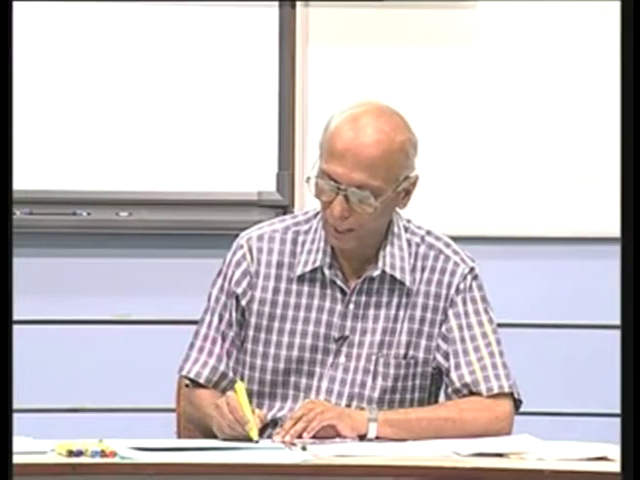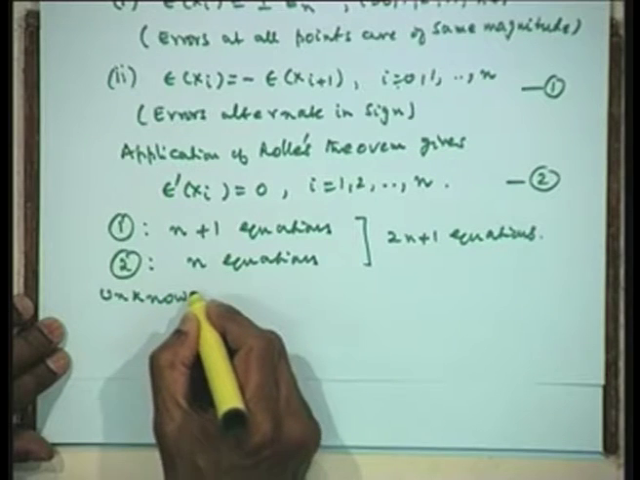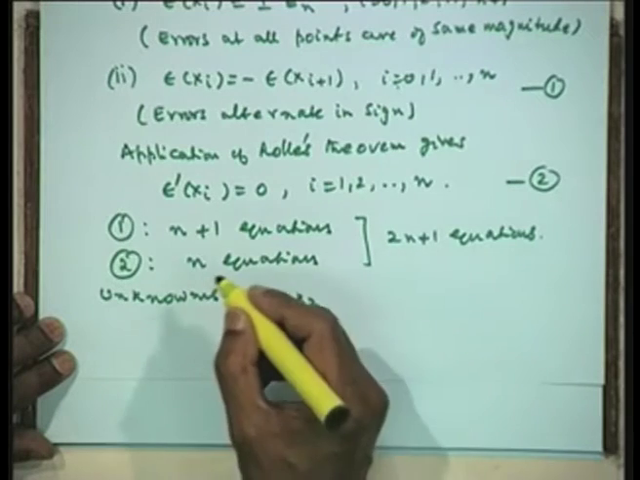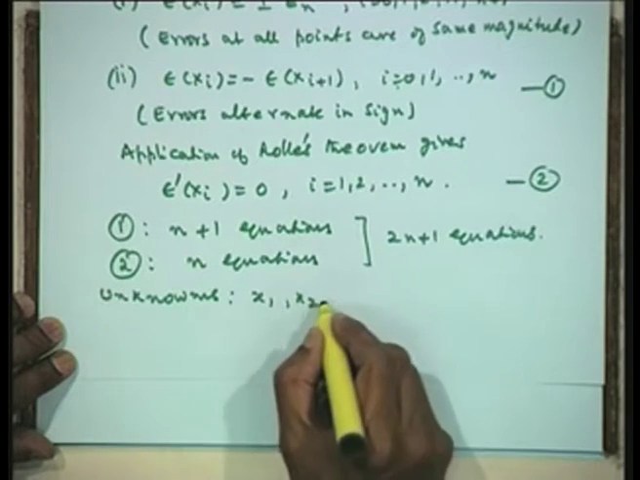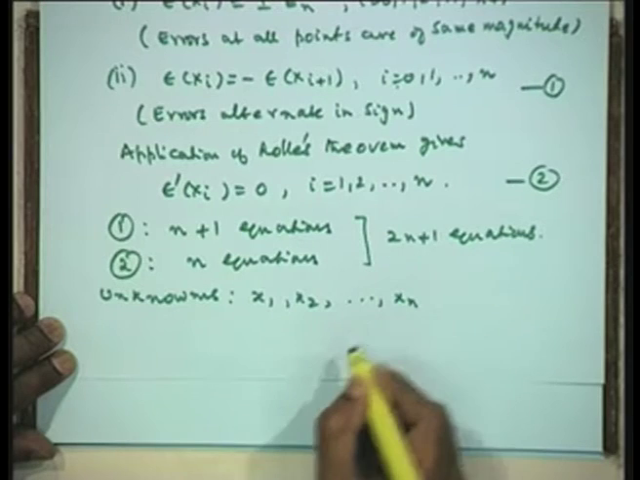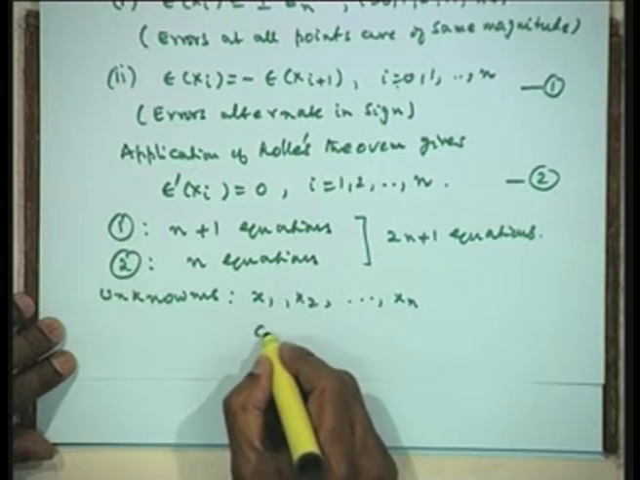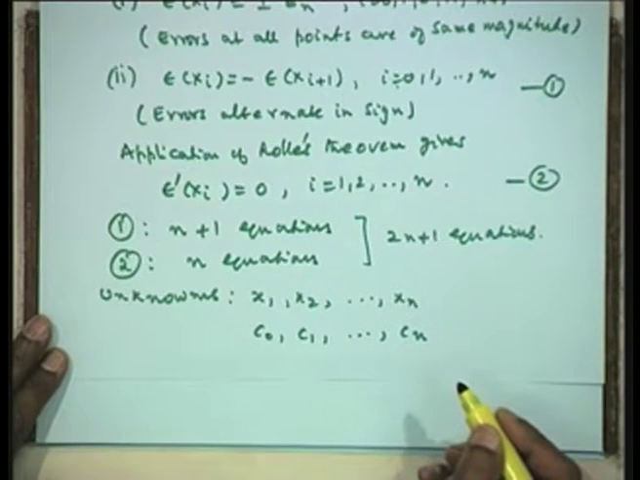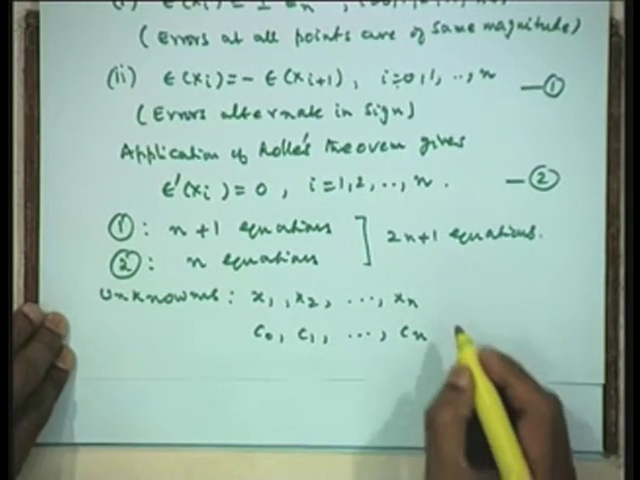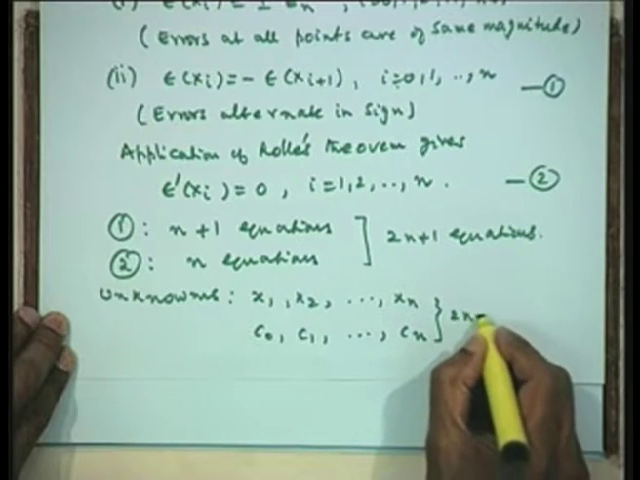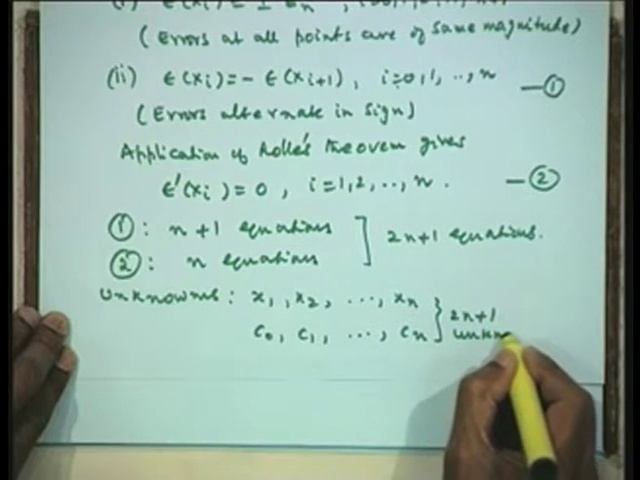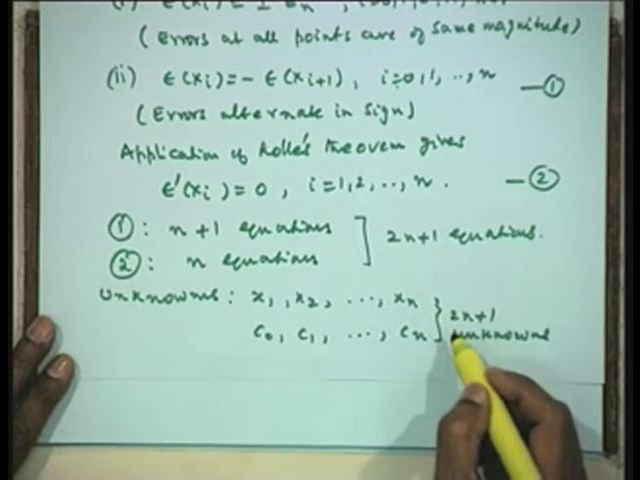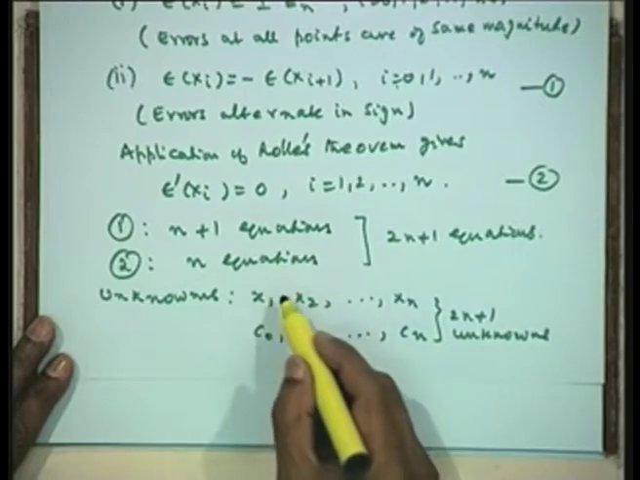Now, what are the unknowns that we have here? The first point and the last point are known to us. Therefore, x 1, x 2, up to x n are the points in the middle, and then we have the parameters in the polynomial c 0, c 1, c 2, up to c n, and these are 2 n plus 1 unknowns. Therefore, we have 2 n plus 1 equations in 2 n plus 1 unknowns, and these are of course nonlinear equations,